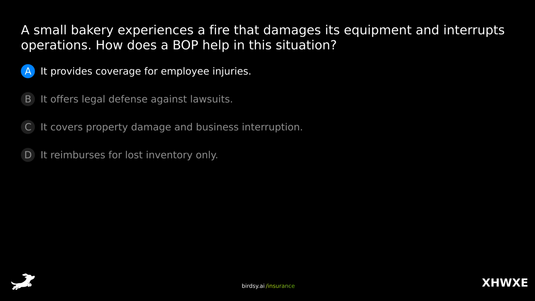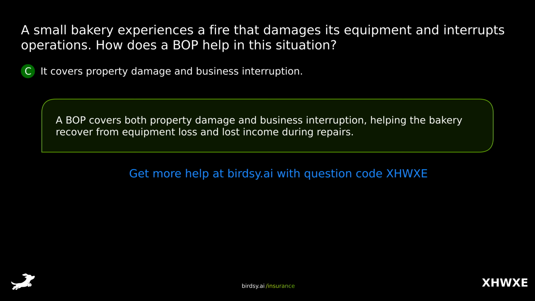Is it A, it provides coverage for employee injuries, B, it offers legal defense against lawsuits, C, it covers property damage and business interruption, or D, it reimburses for lost inventory only? The answer is C, it covers property damage and business interruption. A BOP covers both property damage and business interruption, helping the bakery recover from equipment loss and lost income during